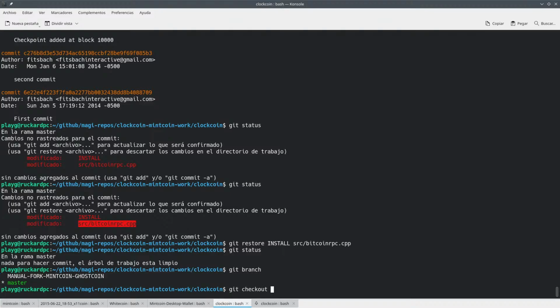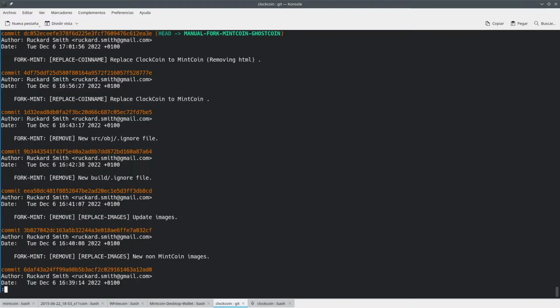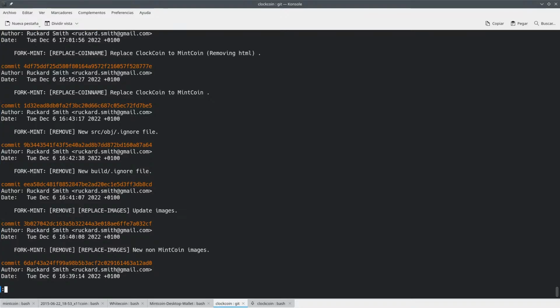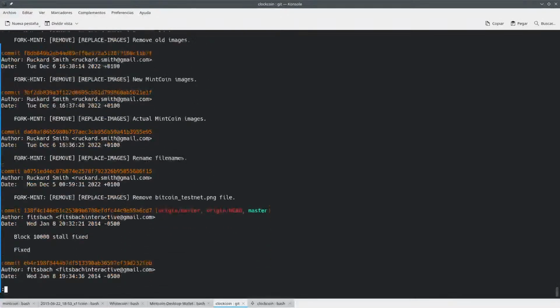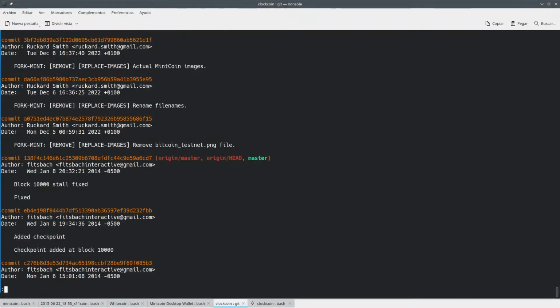So now I should be able to go here, and if you log everything, you have the manual fork mint coin, and down here you should have origin master or master. Okay. So let's ignore for a moment this, and let's focus on